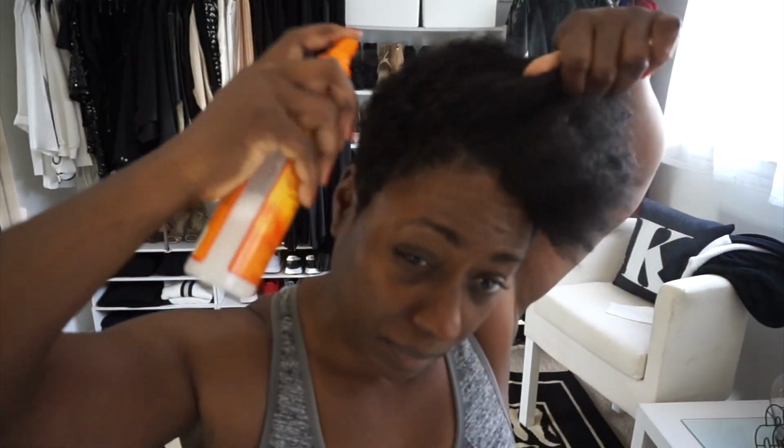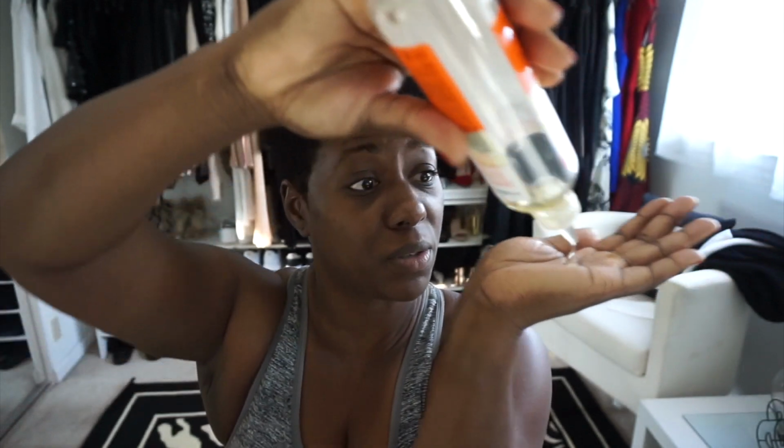I spray this all over my hair. Then I use a vitamin E and flaxseed scalp remedy oil. I know it's actually for the scalp, but it works really good on my hair. I rub it into my hair, really focusing on the top, and I rake through the longer area of my hair. Sometimes I'll put product into it, but this is just enough for me. I'm just reviving and